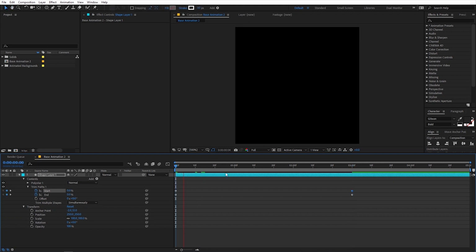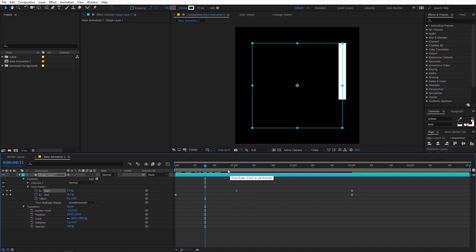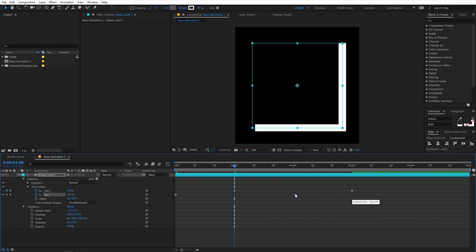Now if I play back here, you can see that we cannot see our animation because both the keyframes are at the same place, so we need to displace them. So in order to do that, we can select the keyframe and just move it to somewhere around 1 second, like this. And for this one, the bottom one, we can just select it and just move it around 2